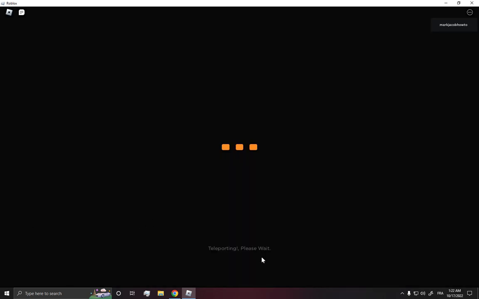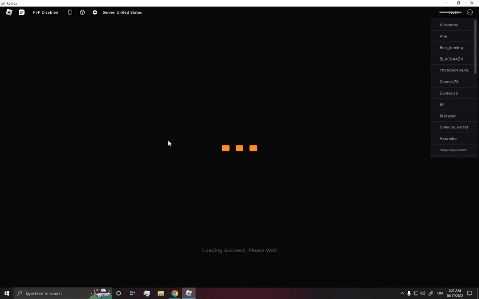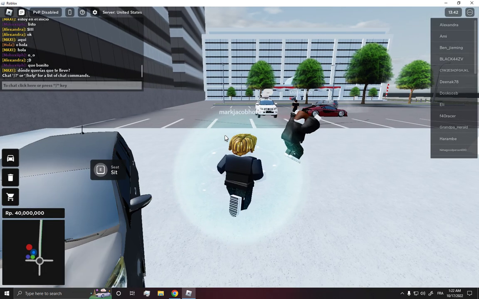First thing you have to do is go to the server as we said. Now let's wait a few seconds. And here you go. Now it's here, it's loading, and then all what you have to do after it's on